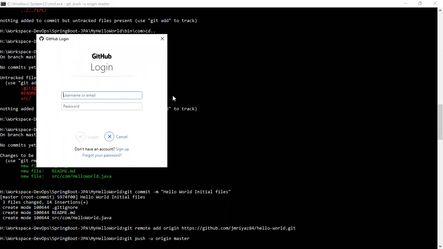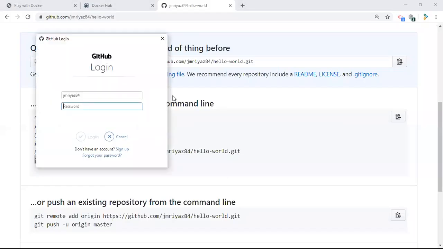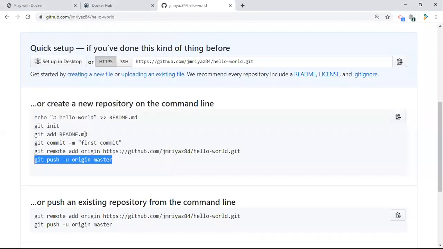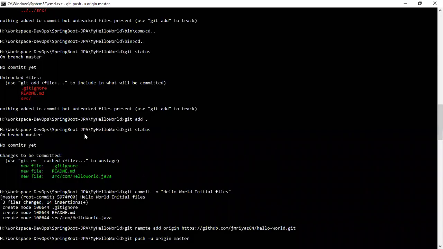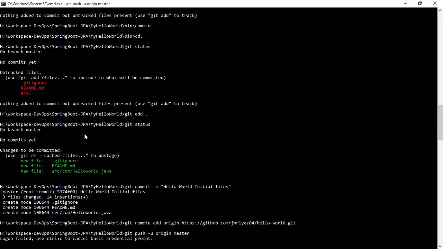It is asking for a username and password. You can give my username. You have to give mail IDs.